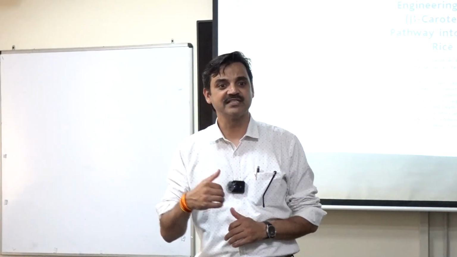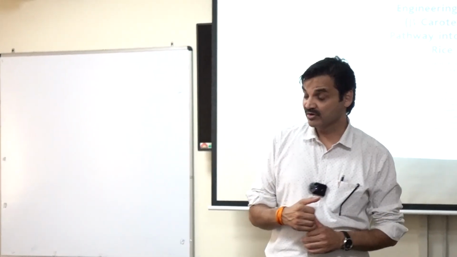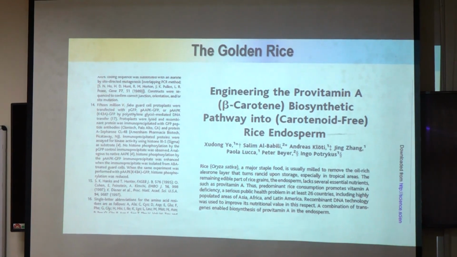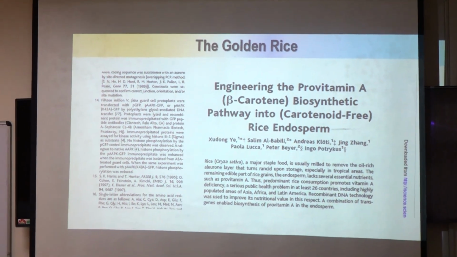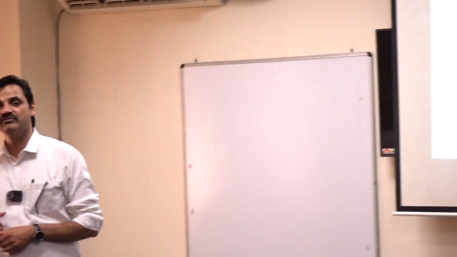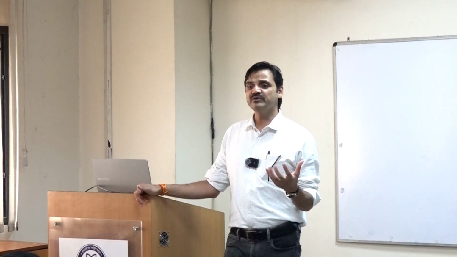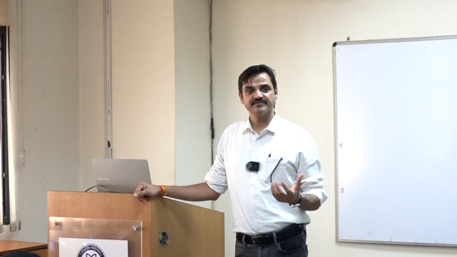If our diet is supplemented with vitamin A, fine, but that is not the case with poor people, though they eat rice. The idea was that even if they eat rice, rice can be supplemented with vitamin A, and that can give more vitamins to poor people. So in that series, people have modified rice plant with vitamin A. So in rice, what do we eat? Which plant part?